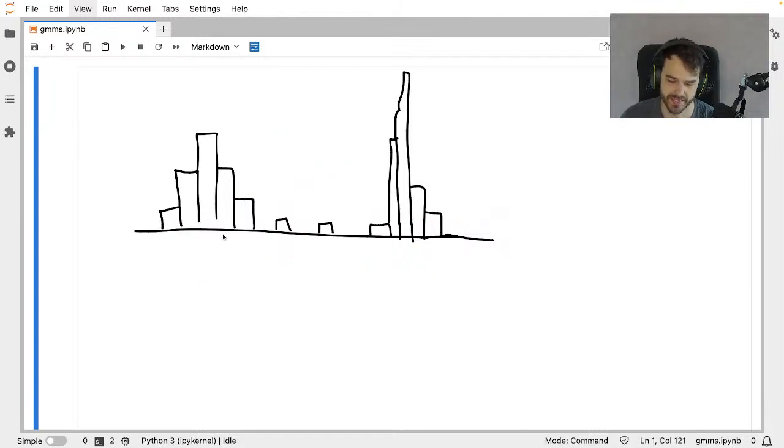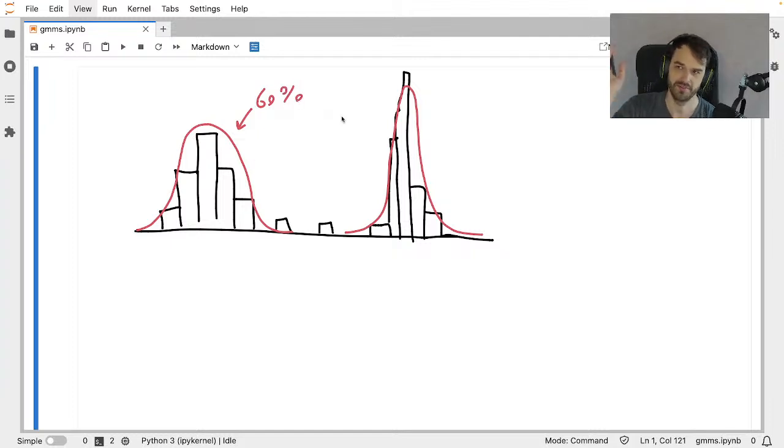What you want to do instead is say, you know what, maybe it's fine to have two normal distributions in this particular case. And I'm going to figure out the two best places for two normal distributions to sit. And if this normal distribution captures, I don't know, 60% of the data, then I'm going to give that distribution 60% of the weight. And if this distribution fits about 40%, we're going to give that 40% of the weight. We're going to mix a bunch of these Gaussians, and that's a better way to get an estimate of a probability distribution over your data set. That's the thinking here. And this is basically what Gaussian mixture models do.